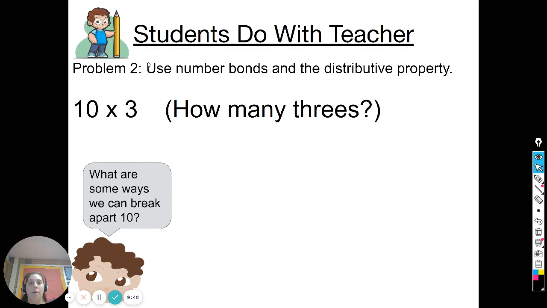So now let's go ahead and come to our next problem that you're going to be helping with. Use number bonds and the distributive property. So right now I have 10 times 3. So how many 3s? What are some ways we can break apart 10? Okay, so just looking at our 10 here,